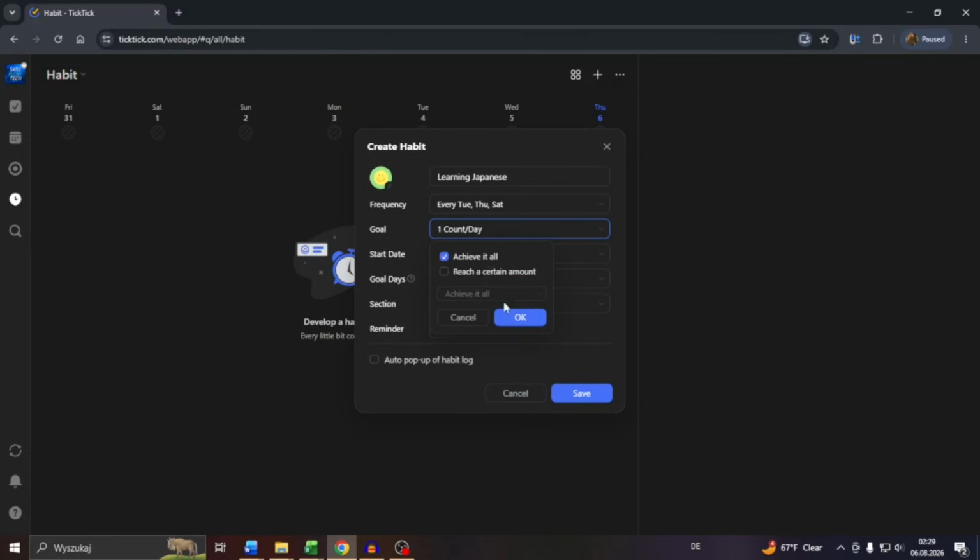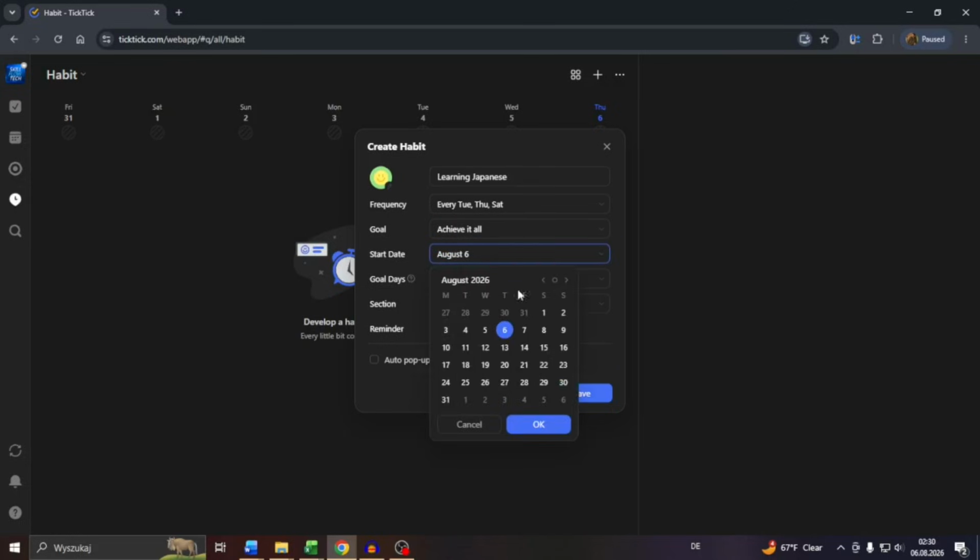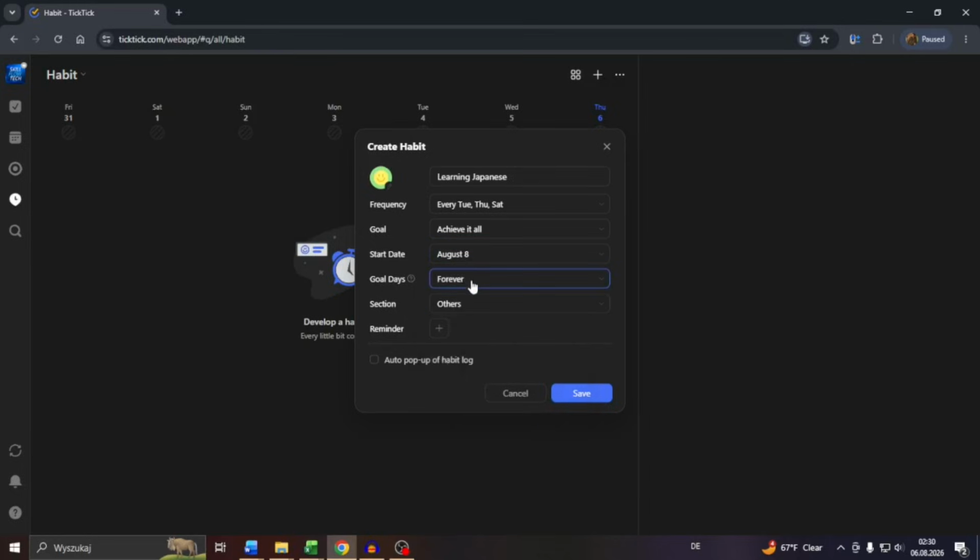I'll leave it at achieve it all, and set the start date, right? So today is August 6th. Let me set the start date to upcoming Saturday, which is August 8th. And goal days, I will leave it at forever, but you can go with a custom date. And I don't know, let's say you would like to follow that habit for 100 days, then select 100,